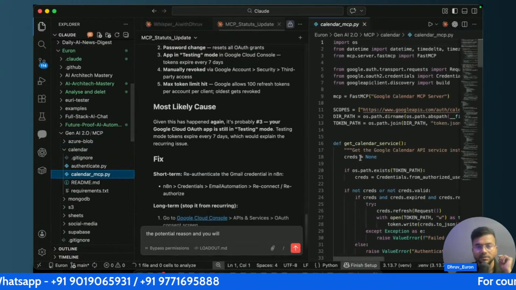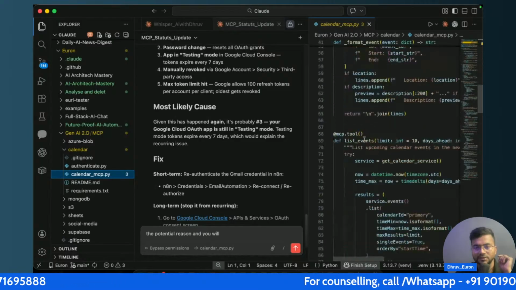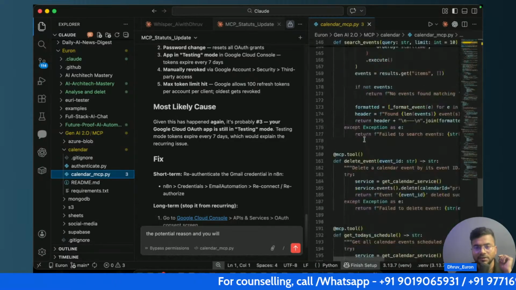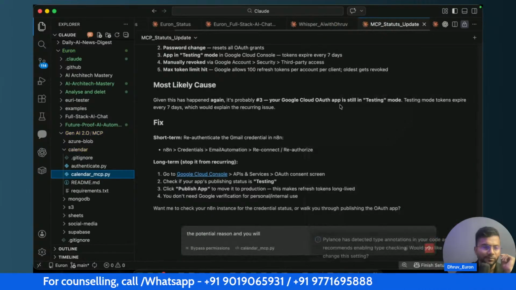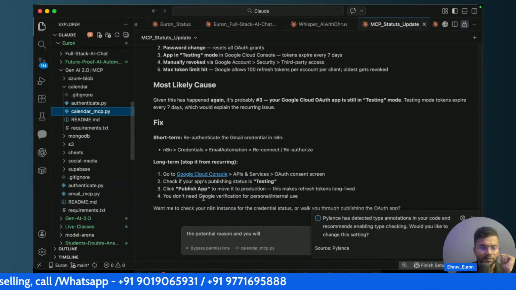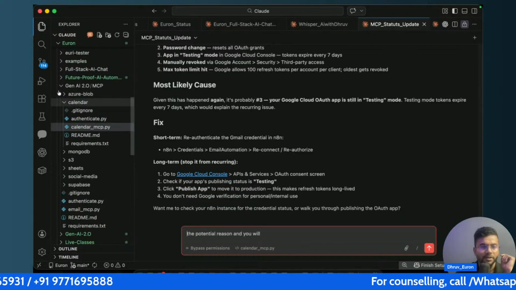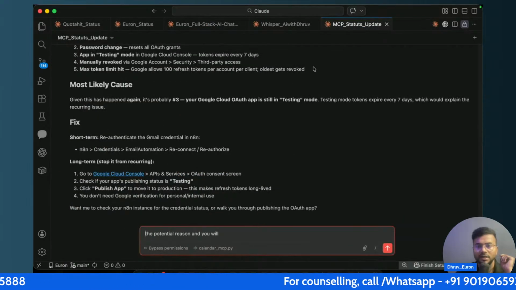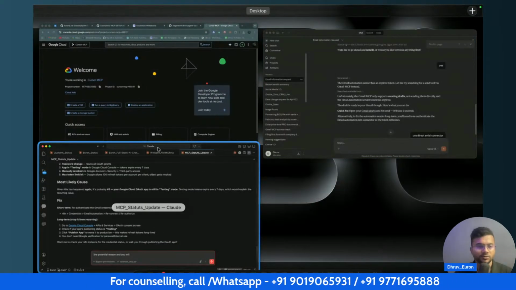so you can see here we have calendar and MCP and all, and it's written properly, each and everything. Of course, this is written in Python with the help of AI only. Okay, so we need credentials and all. I'll show you how you can get that, and then we'll show you in real time how you can